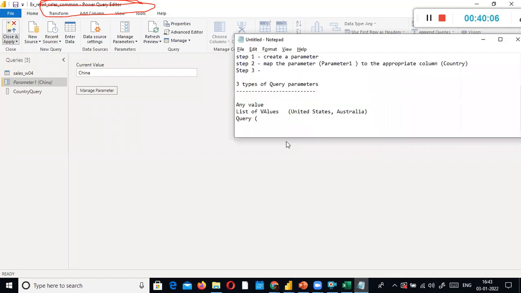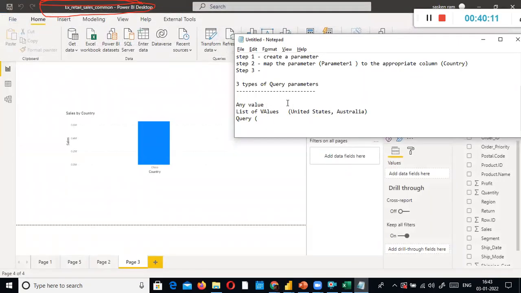Very simple one. The difference between these two is that here the user can enter any country. Maybe they enter a country name where we don't do business. In that case, it will show blank here. If I use query, what will happen? These are the countries we are doing business in, so you can select whichever country's sales you want to see, only from these countries. But here we are giving the freedom to the end user to select any of the countries.